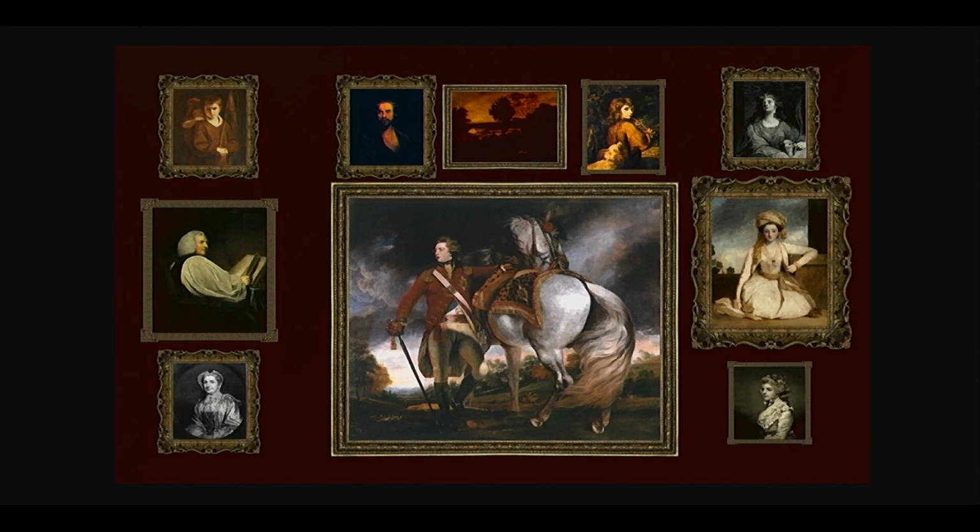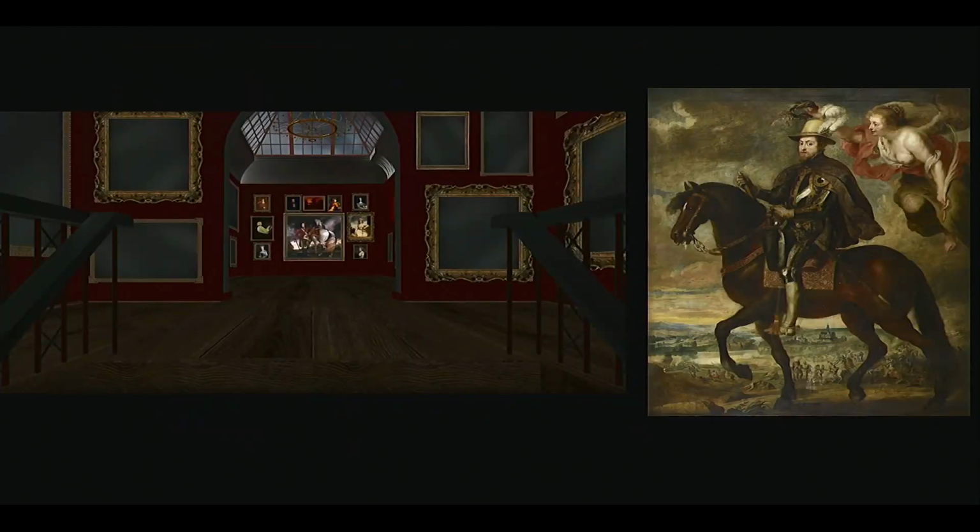And among the works he lent in 1823 was this painting, attributed at the time to Rubens and titled Philip IV of Spain on Horseback. And this portrait hung on the east side of the middle room, basically on this side of the central gallery, such that if you were standing in the archway, you could actually glance from Rubens' equestrian portrait to Reynolds' equestrian